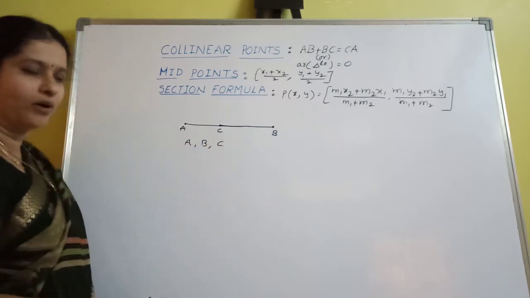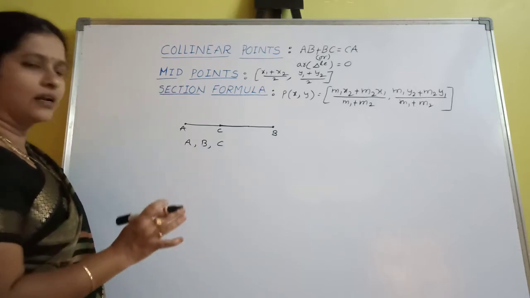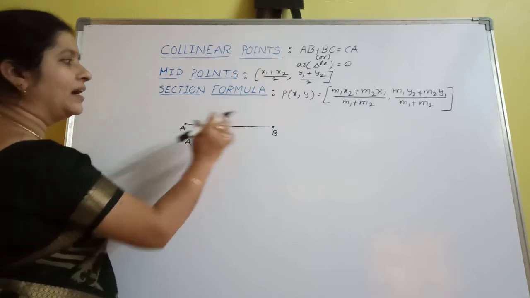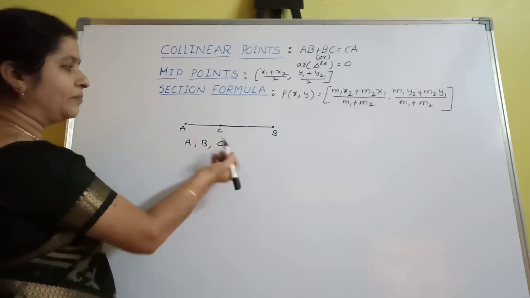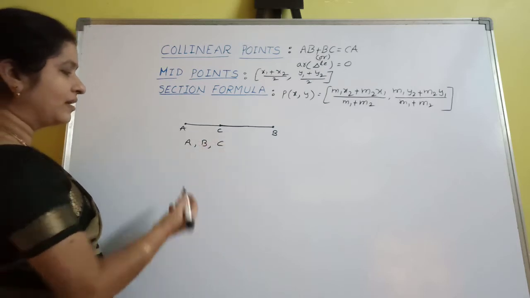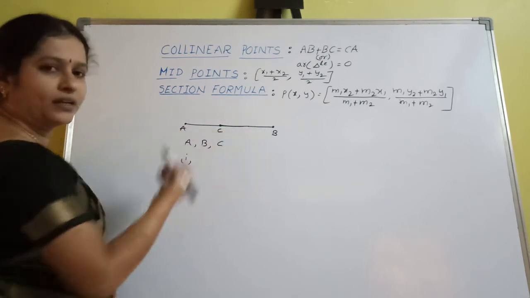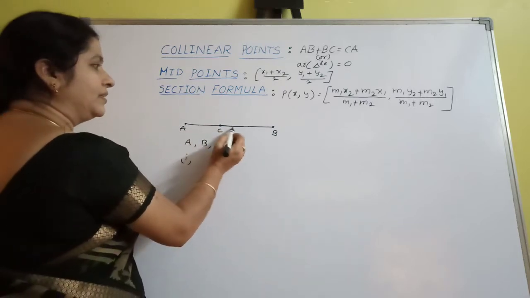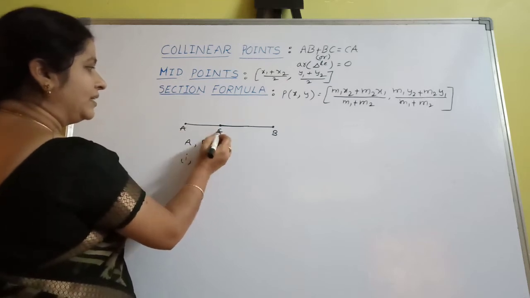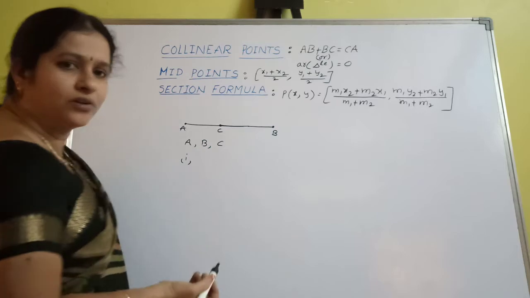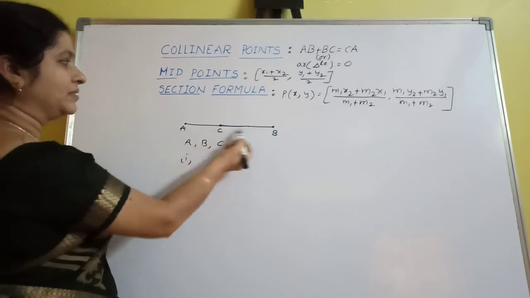It is a very important point. So what are collinear points? The points which lie on a same line, those are called collinear points. Here what are the conditions to prove collinear points? So how can we prove these 3 points are collinear? For the first condition, observe here C is not a midpoint of AB. So C is not lying in the middle of AB. Here AC is one line segment and BC is another line segment. AB is the total line segment. 3 line segments are here.